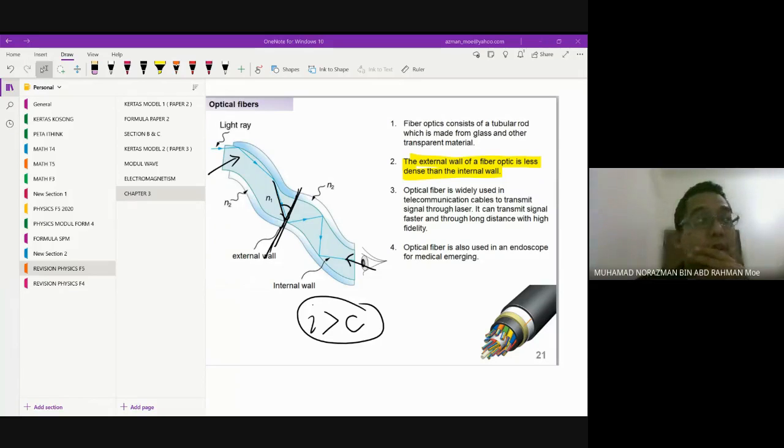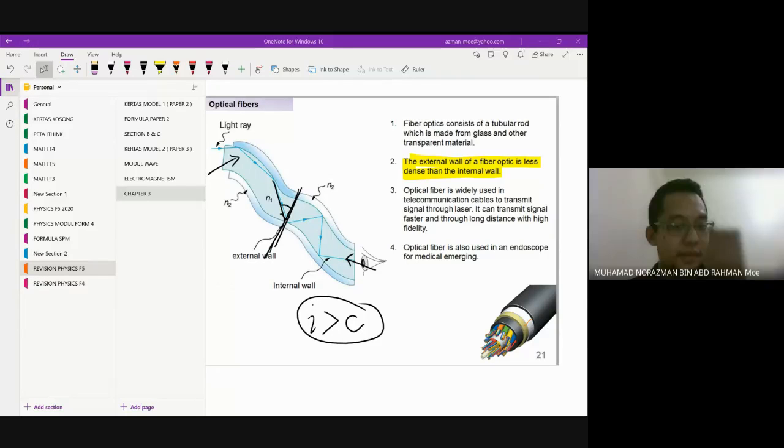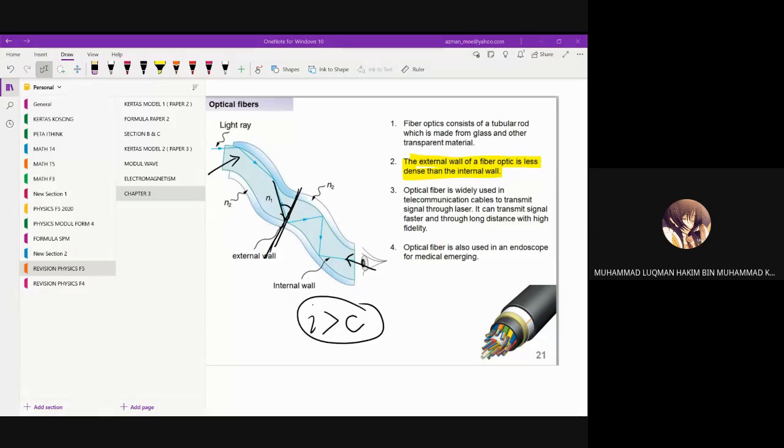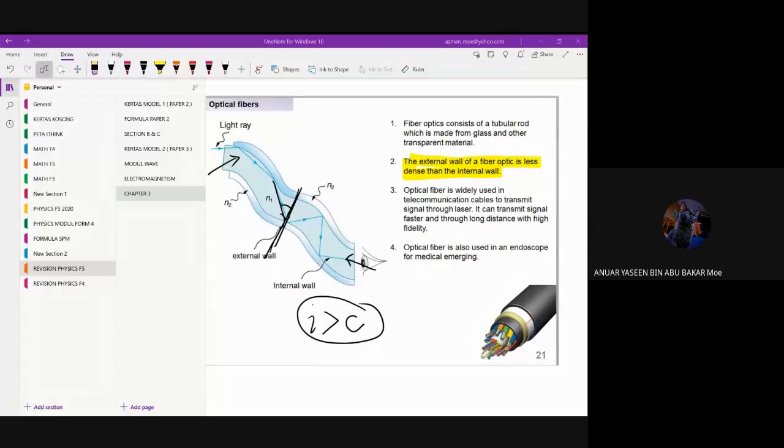So Thursday nak buat apa? Nuclear. Nucleus. Radioactivity. Chapter 5 of